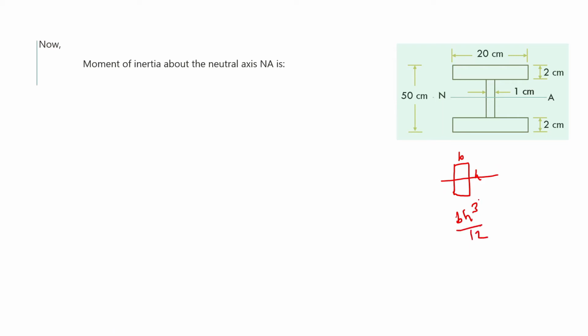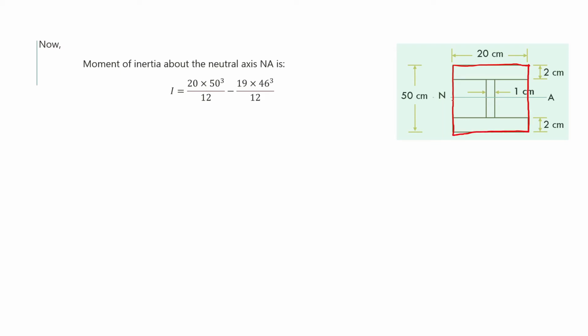So we will use this formula to find out the moment of inertia of this cross section about this neutral axis. So it will be I equal to 20, means this is the b, and h is 50, so this is h. So we are finding out the moment of inertia of this complete rectangle about this neutral axis. So it will be b h cube by 12. So 20 into 50 cube by 12. तो ये जो 20 into 50 cube by 12 है, this is the moment of inertia of this rectangle about the neutral axis. But हमें इस I section का moment of inertia निकालना है, means हमें इतना portion minus करना है, this much of portion.